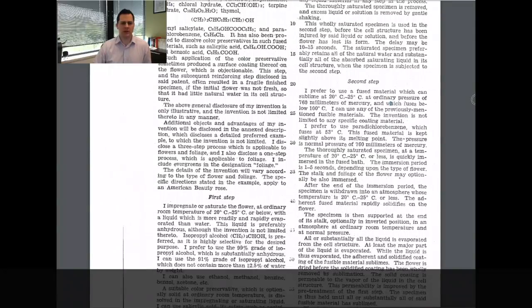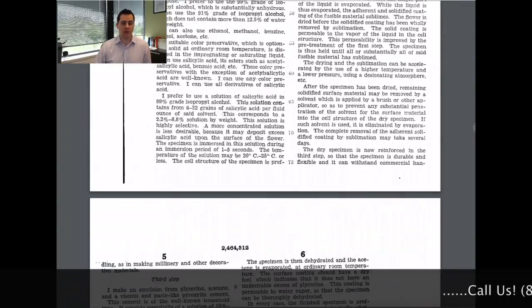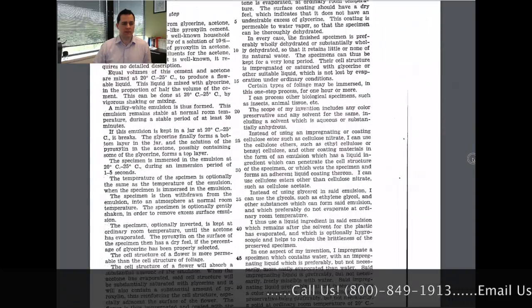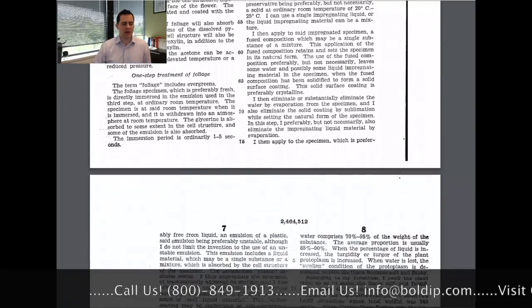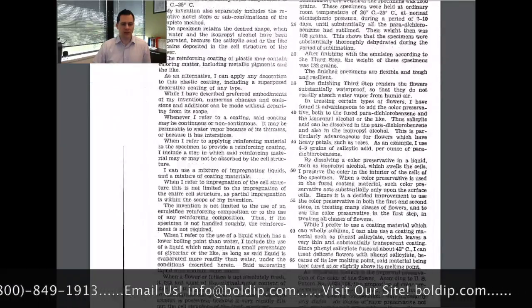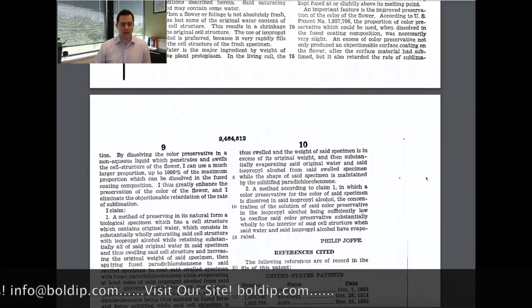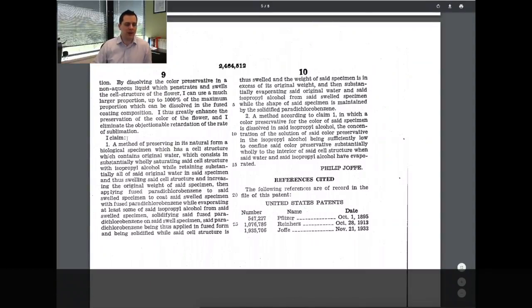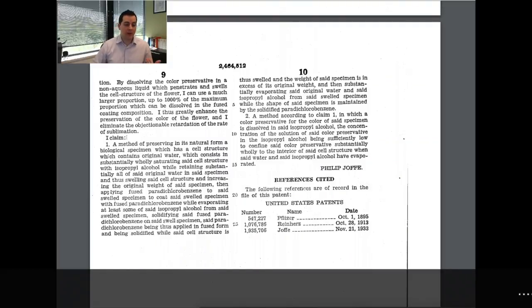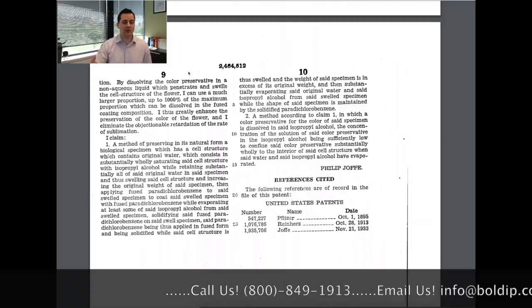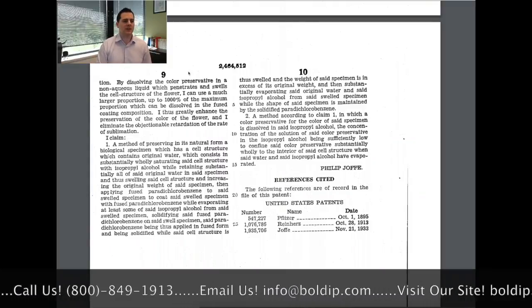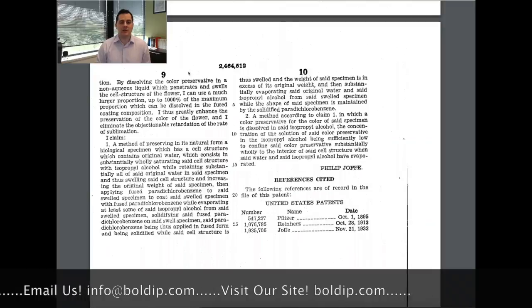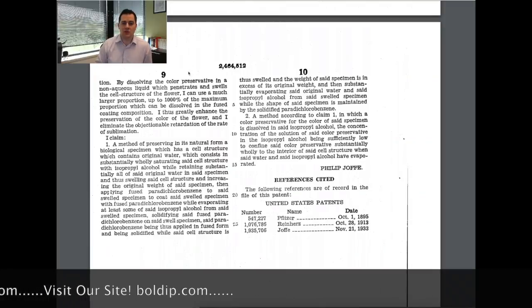All right, so you can see the specification goes through quite a bit of detail, multiple pages. First, second, and third step, they talk about how the foliage should be treated, and then finally at the very end, and this is the same as the patents are today, you'll see the words "I claim," and it's not necessarily highlighted or in bold, but it will be at the end of the specification. So the specification talks about what the invention is, how to make it, in this case what the procedure is from a chemical point of view, and how it's actually to be put together,